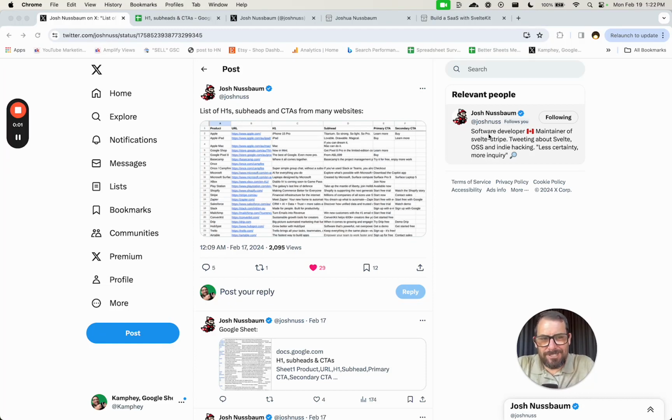We found another Google Sheet in the wild. So Josh Nussbaum, who I have met and is a wonderful open source developer. He's the maintainer of Svelte Stripe. He also tweets about Svelte and open source software. He has created a qualitative, not quantitative, but qualitative data set of H1 subheads and call to actions from many